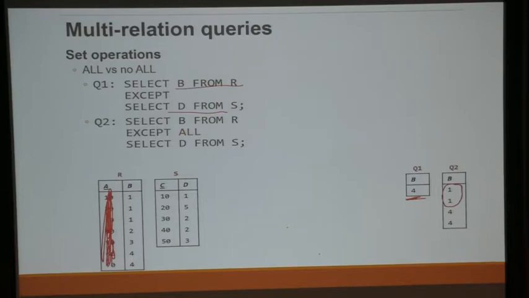If you say except all, you keep everything first, right? Which means that there are 3 cases of ones. But there's only 1 case of ones. So this singular case will only remove 1 of them. All right? That's why you get the 2 ones over here.